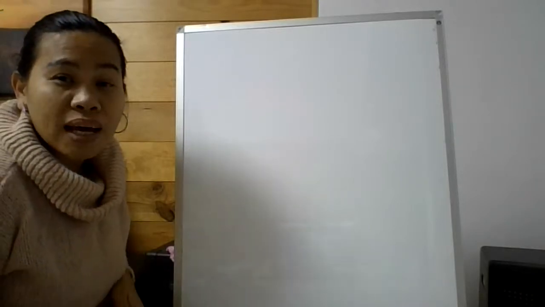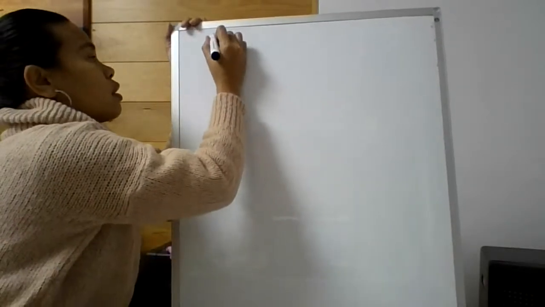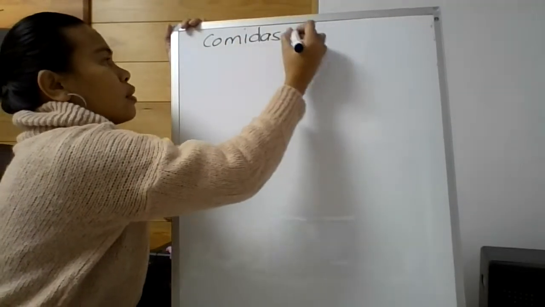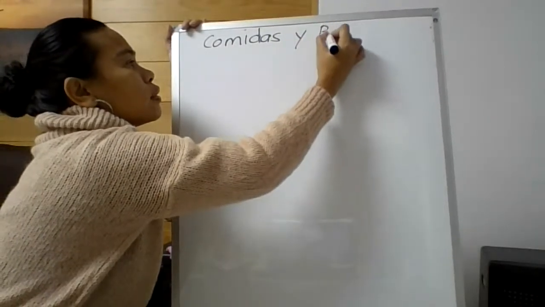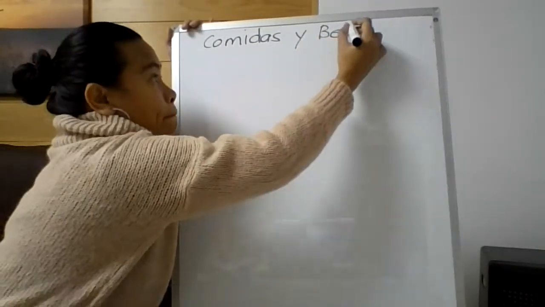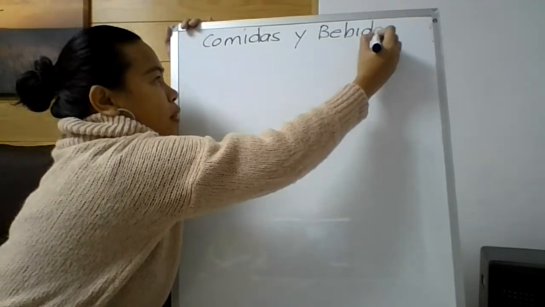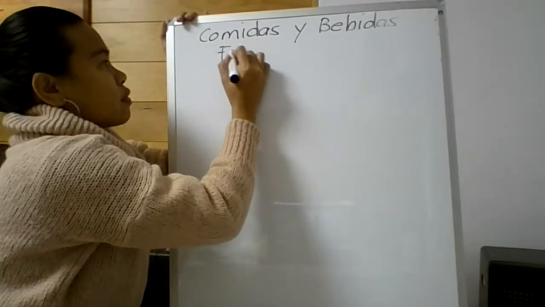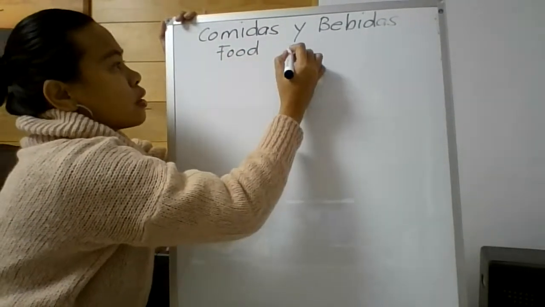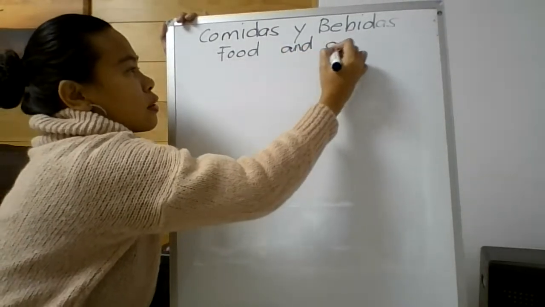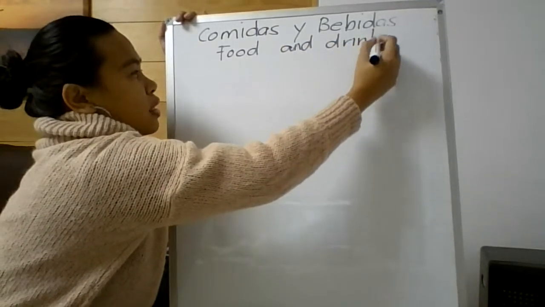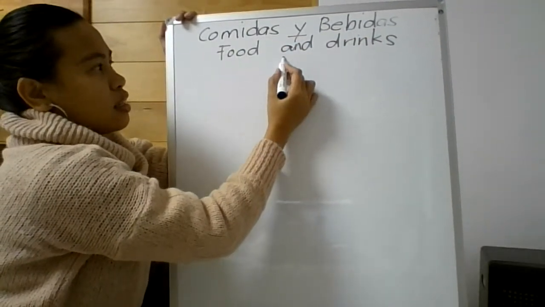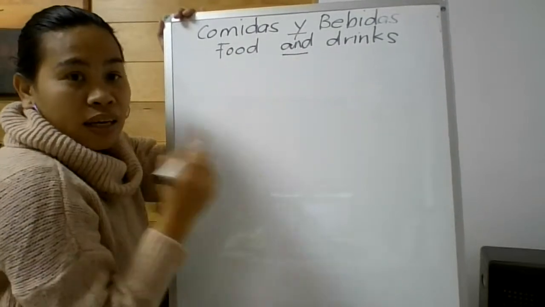Okay, so let's have comidas y bebidas, food and drinks. Comidas y bebidas. So in English, that is food and drinks. Food and drinks. Okay, so in Spanish, y, in English, is and. In Tagalog,